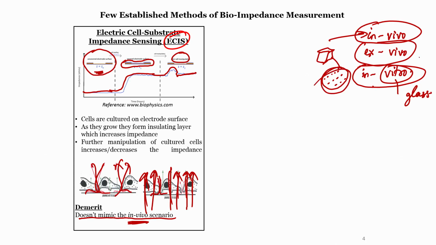People get confused between ex vivo and in vitro. Usually this tissue culturing is not called ex vivo, it is called in vitro cultivation, but you can assume that in vitro is a subset of ex vivo. But this kind of measurement directly with tissue is not in vitro, it is only ex vivo. Okay, so I think it is clear for you: in vivo, ex vivo and in vitro, these are the main 3 types of studies